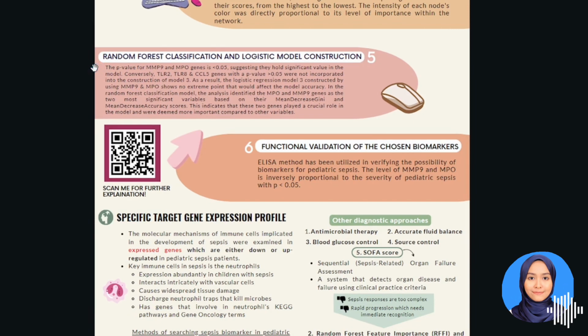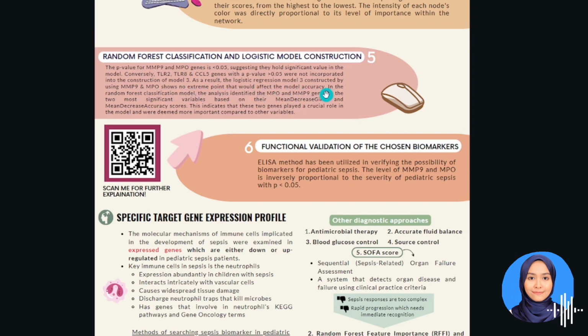The p-value for MMP9 and MPO genes were less than 0.05, suggesting that they hold significant value in the model. Conversely, TLR2, TLR8, and CCL5 genes with a p-value more than 0.05 were not incorporated into the construction of Model 3. As a result, the logistic regression model tree constructed by using MMP9 and MPO shows no extreme point that would